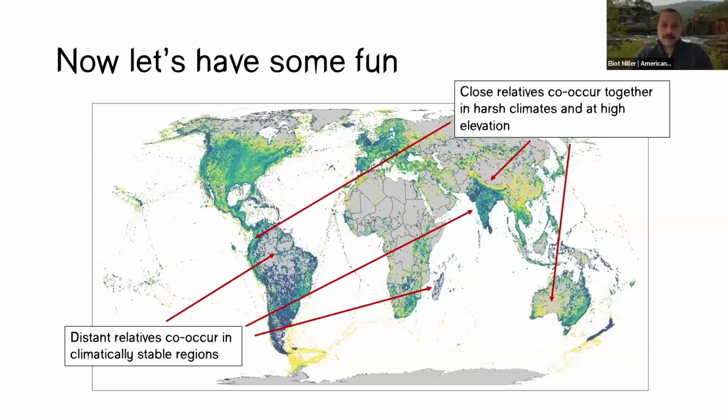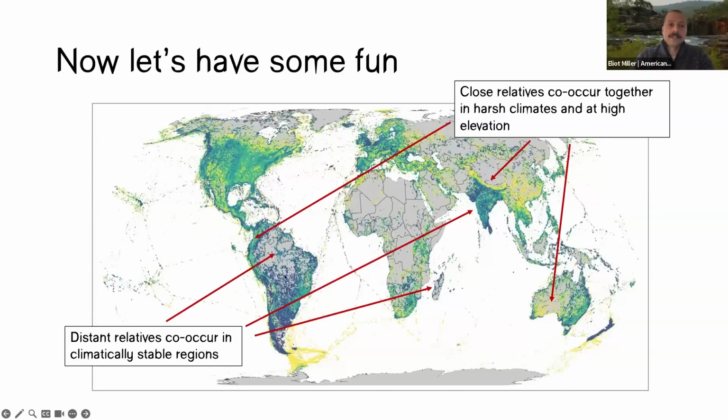So just to get us warmed up to this idea, what I'm going to show you is a plot of the mean pairwise phylogenetic distance among all the species that have been reported in eBird from each one of these little grid cells around the globe. So I basically divide the world up into a grid. I figure out which species have been reported in eBird from within that grid. And then what I'm plotting here is a measure of the average amount of evolution separating all these species in each grid cell.